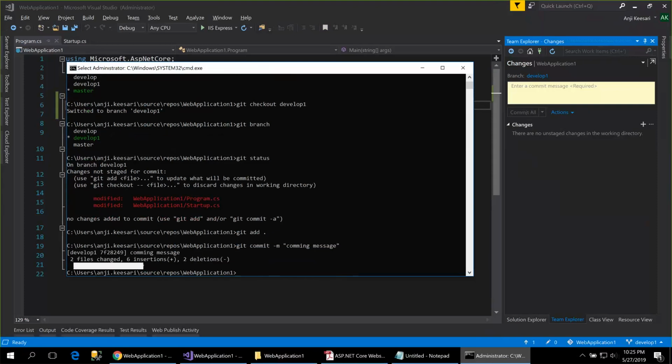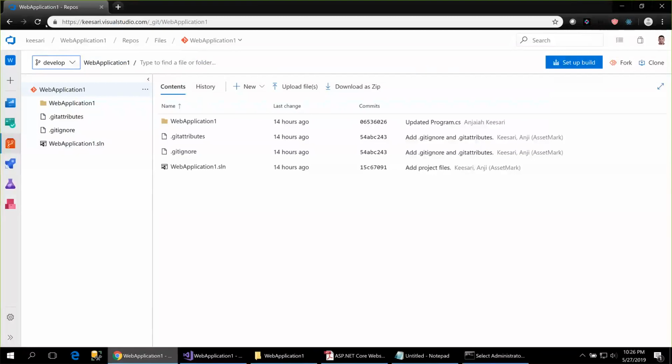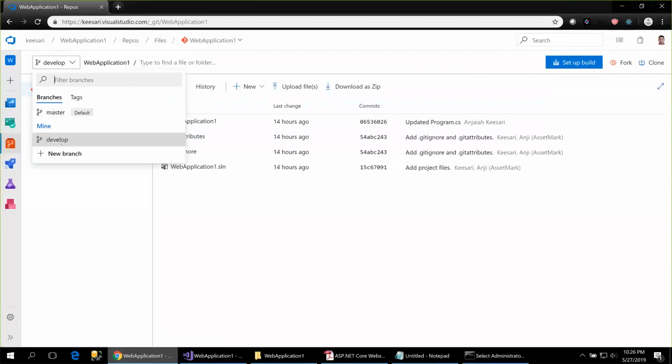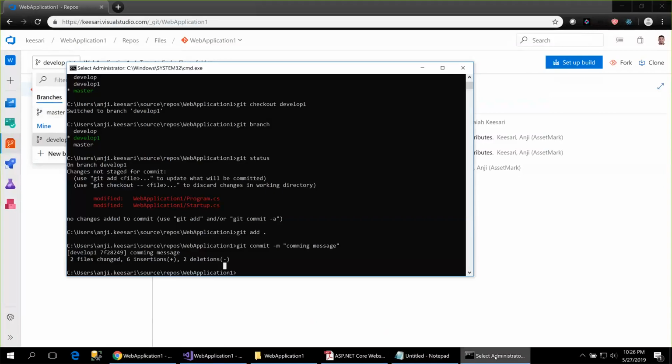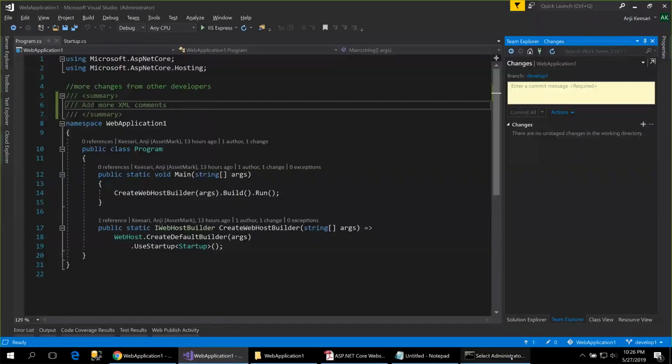So two files got changed and those two files got committed. So those files got committed to the local branch. Those files are not available in the remote yet. So if I see, I still have master and develop only. So my develop1 branch is not pushed to